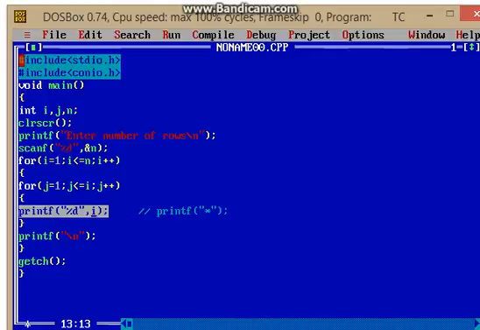Once again it will jump to the next iteration, and i will become 3, and it will print 3 three times, and similarly 4 times and 5 times.